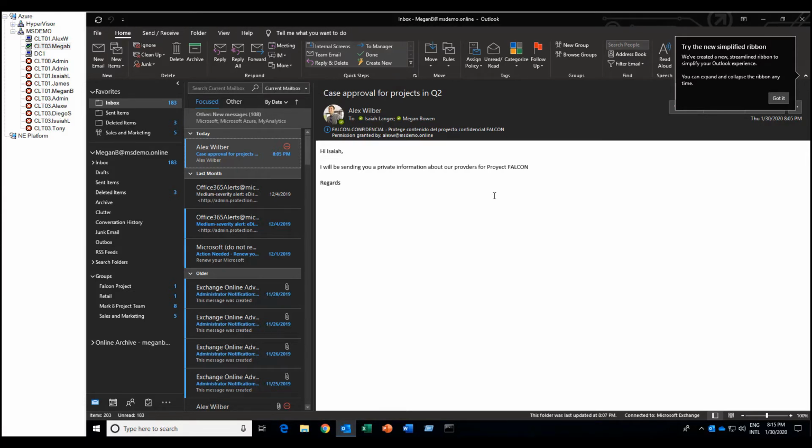You can see that the email is also encrypted and classified. You can see the permissions, and if you want, you can also